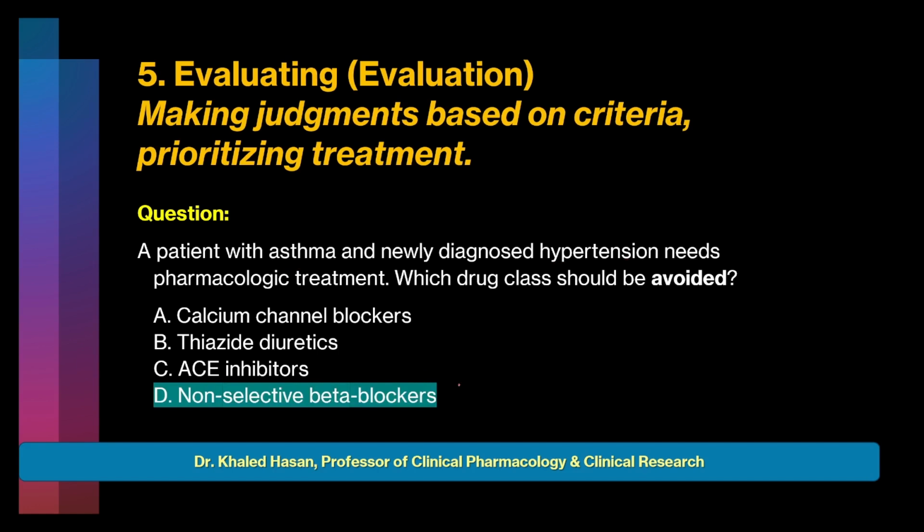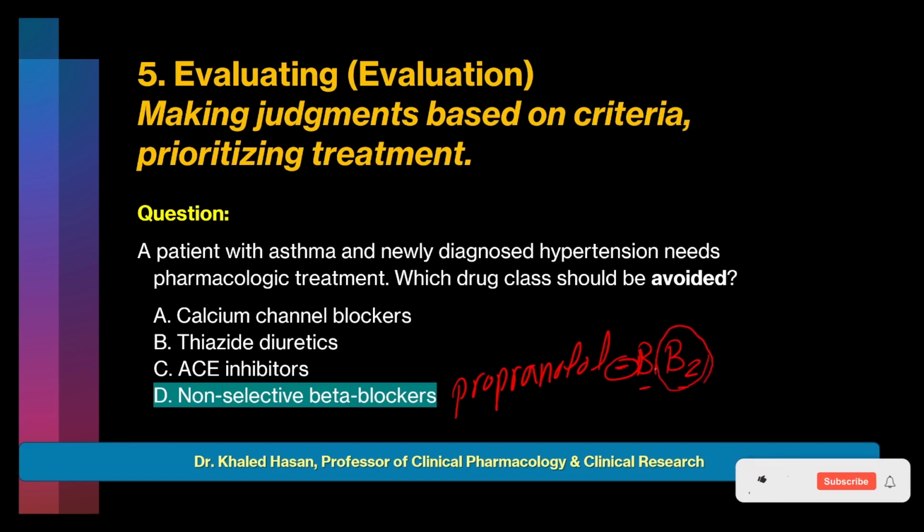For example, here we talk about propranolol. Propranolol blocks beta 1 and beta 2. Blocking beta 2 will cause bronchoconstriction and aggravate the asthma situation in the patient. In this case, it's contraindicated to use it in an asthmatic patient. Okay, moving to the